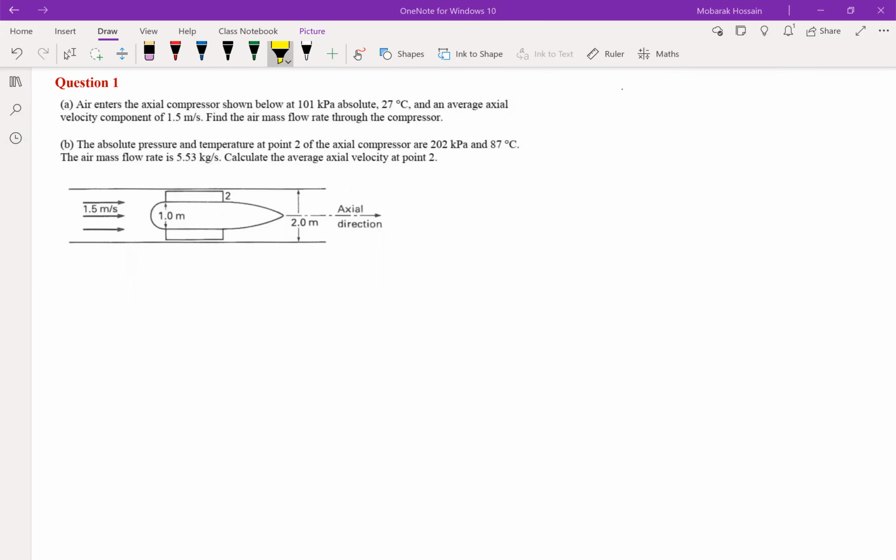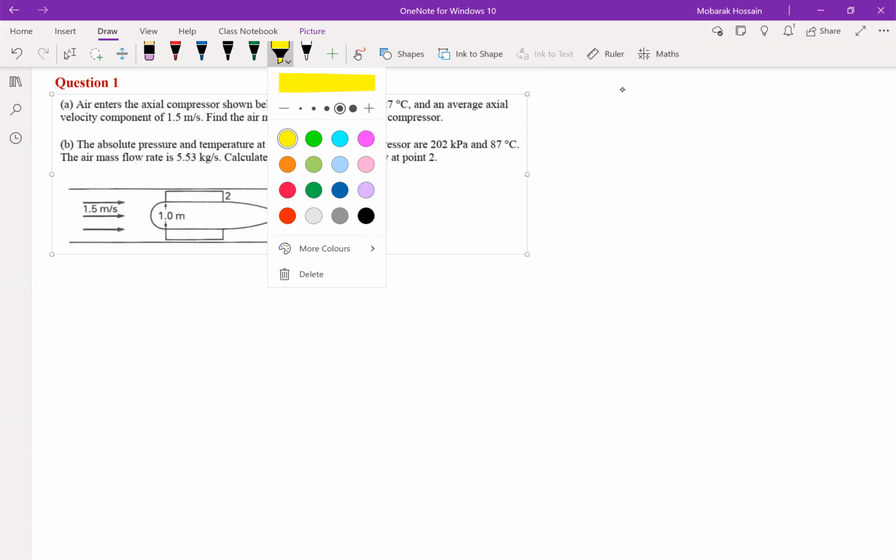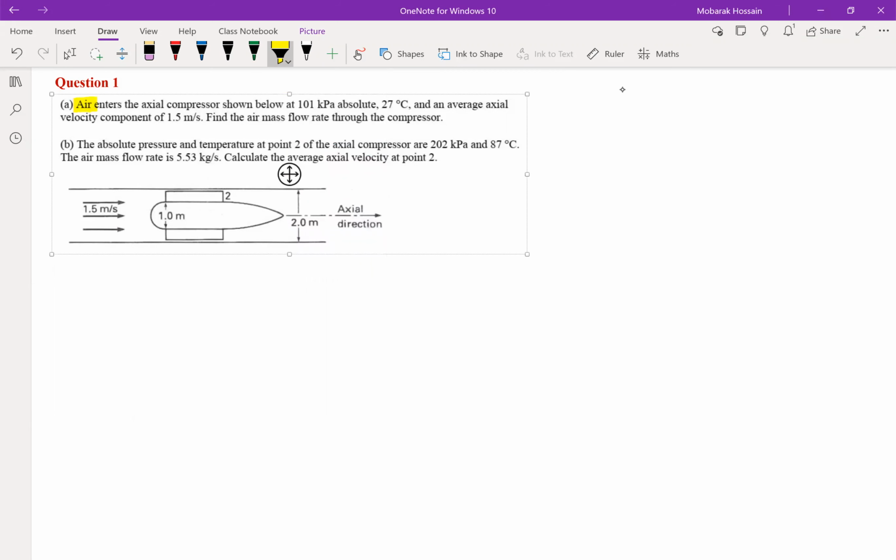Okay, question 1 from tutorial 6. Air enters an axial compressor as shown in the figure at a 101 kilopascal absolute pressure and 27 degrees centigrade with an average axial velocity component of 1.5 meters per second. So at the inlet,